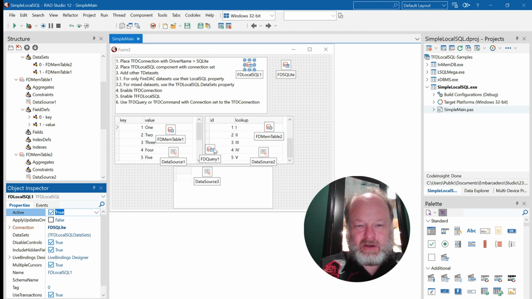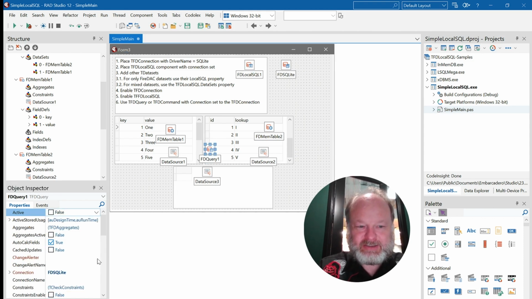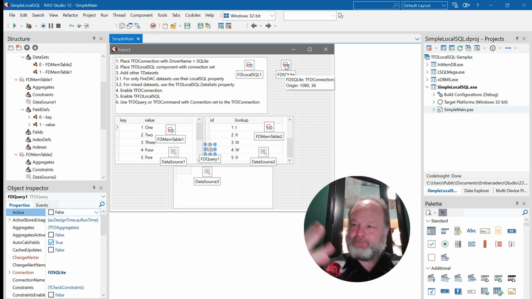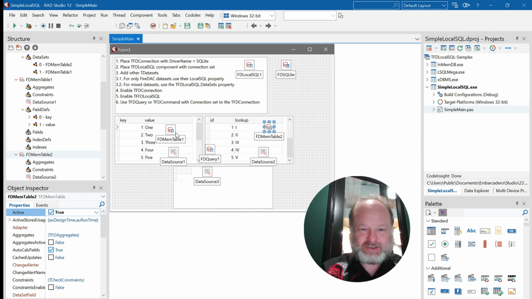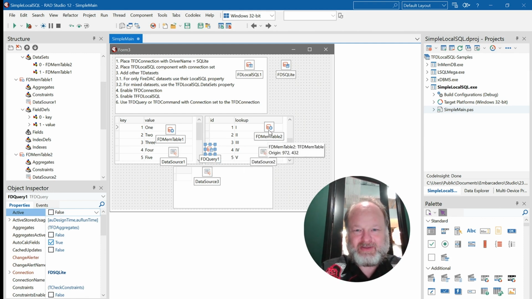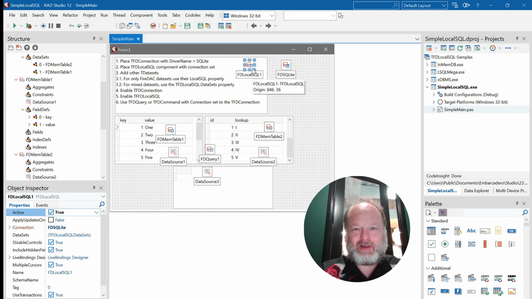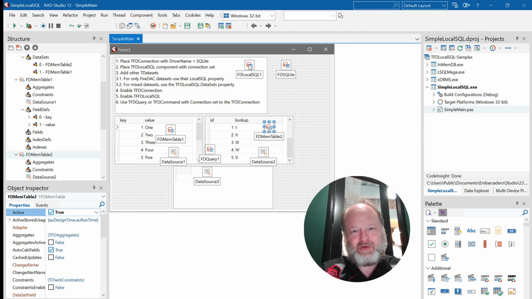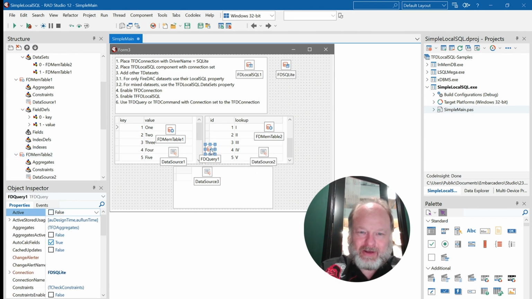So now the FD query is connected to the same FD connection. So all three are connected into the same FD connection, but these two are sources and this is the destination. And the reason these two are sources is because they go through the local SQL as well. Well, yeah, these aren't connected directly to that. They're connected to it through there. Yeah, that makes sense. So now I can go into the FD query in the query editor